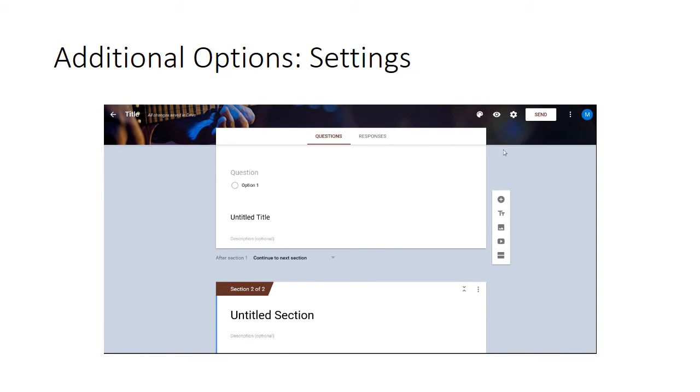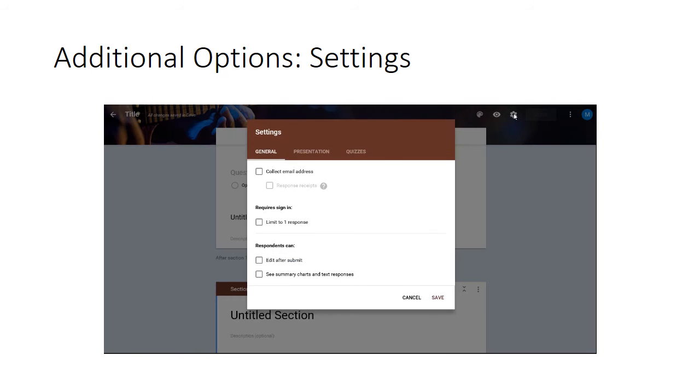I also have options in the settings that you'll want to look at. So the settings wheel is up here. And in the general, I can ask to collect email addresses, but then applicants or the people who are working on the form will have to log in. I also have the option that they can edit their forms after they've